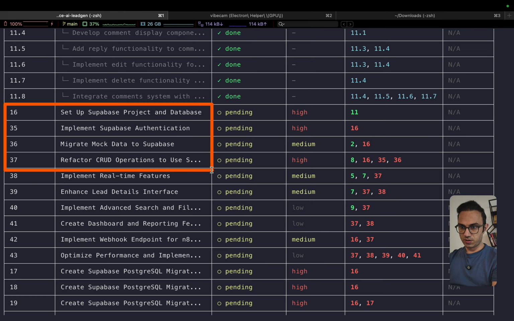So literally these tasks, 16, 35, 36, 37. I'd like to go in one go